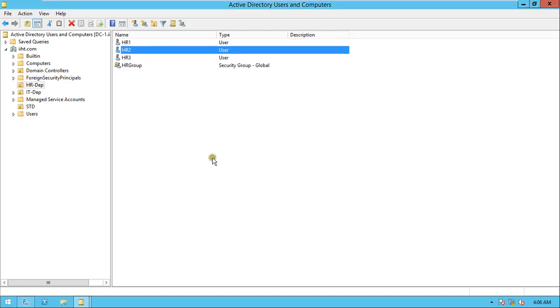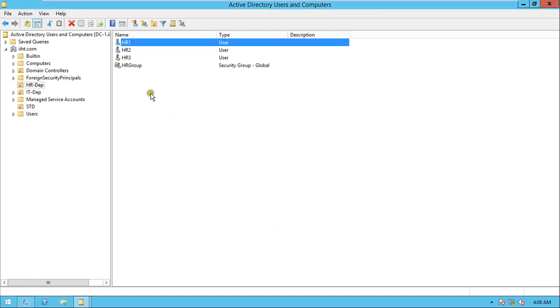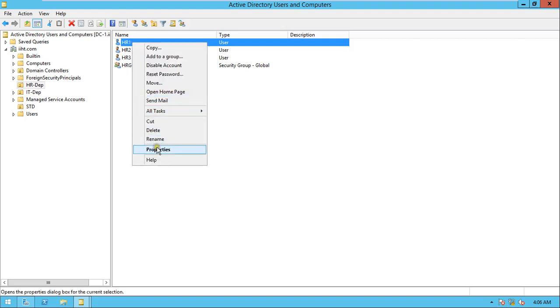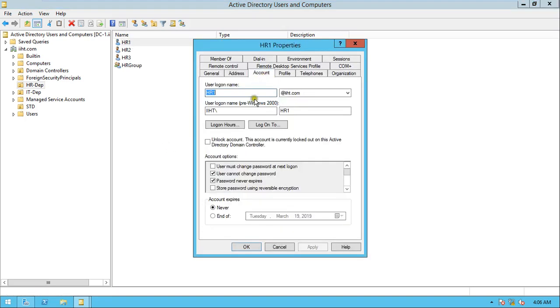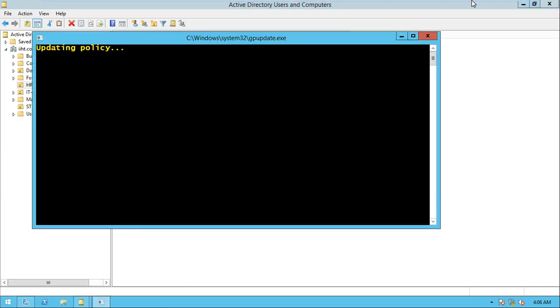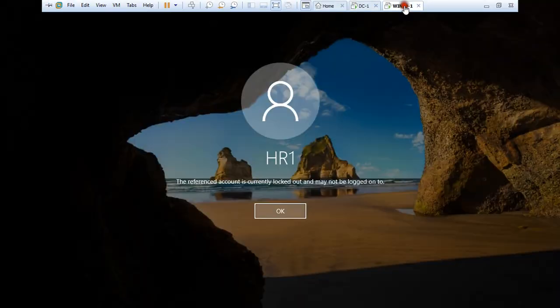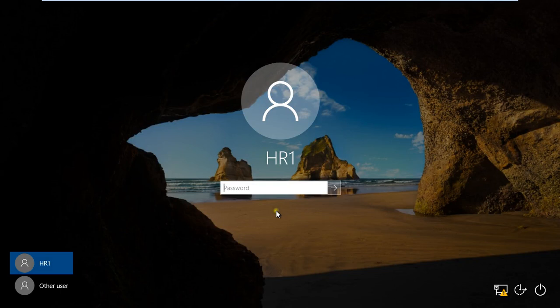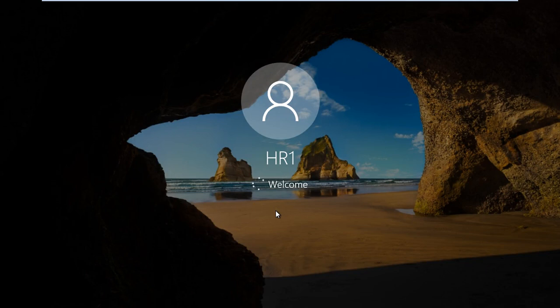So here you come to HR1, and if you want to unlock his account after receiving the request, you just click on unlock the account, apply, and refresh the GP update. Now when this user comes here, he can try with the correct username and password. See, he is able to log in. Why? Because you have unlocked his account.